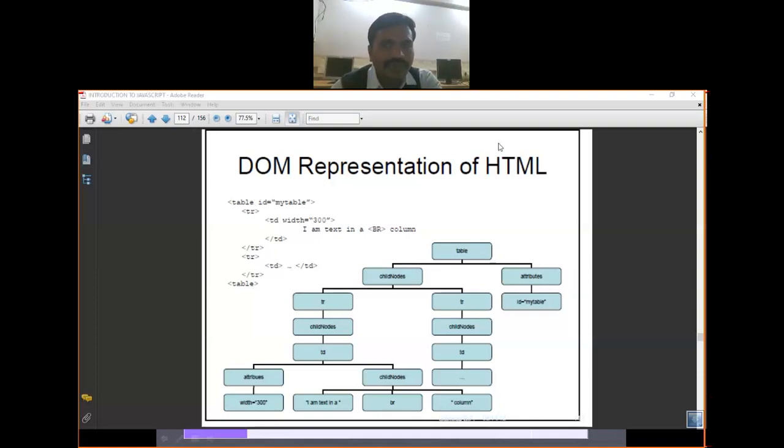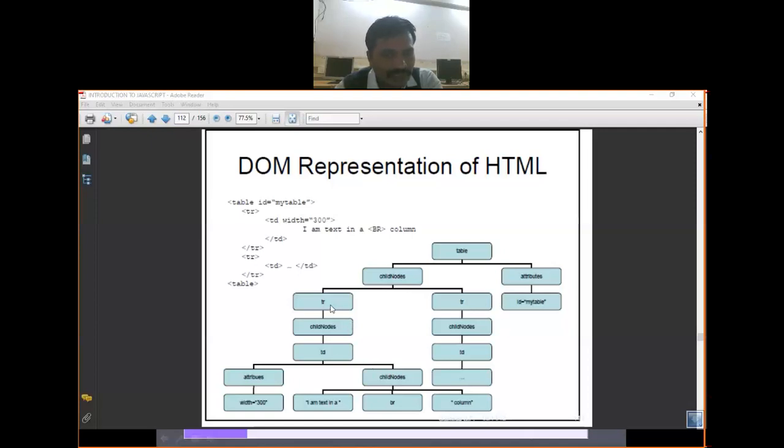How can you represent this in the DOM? It is a very small program, but how do we represent it in the DOM? So there is the table, child nodes, and attributes. The child node is the tr. So this is my child node tr.